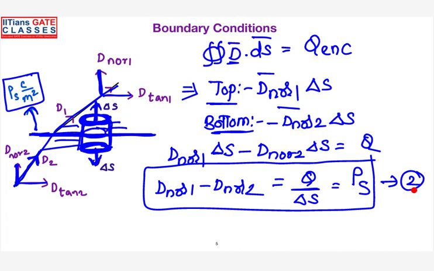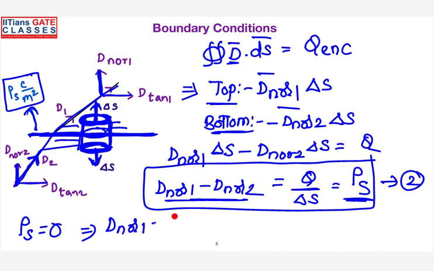So what is the condition? In the previous slide you have seen that the tangential component of the electric field remains the same when it enters from one medium to the other medium, whereas the normal component is not the same and it purely depends on how much charge is present on the interface. Suppose there is no charge lying on the interface, then you can say that the normal component of flux density remains the same. Is it clear? Any questions here?